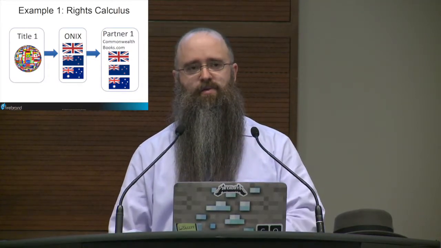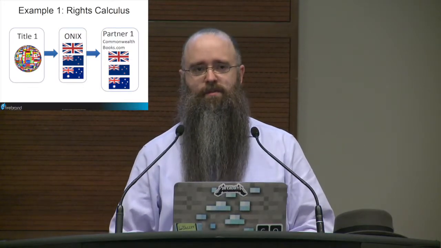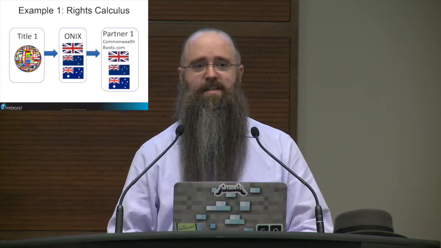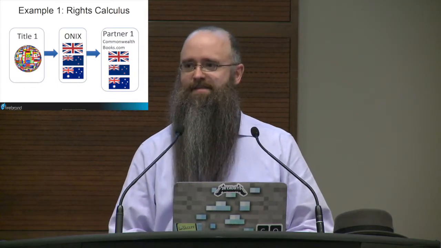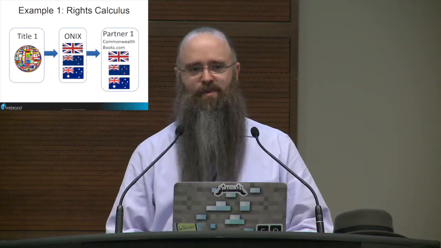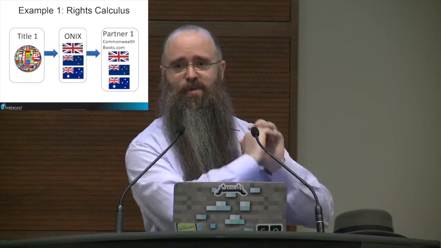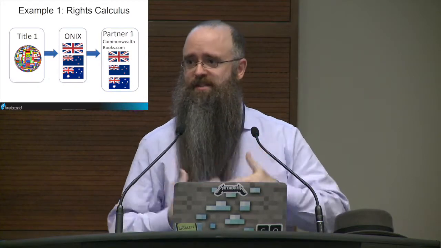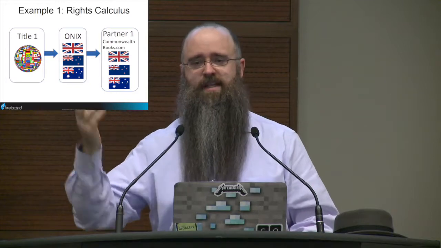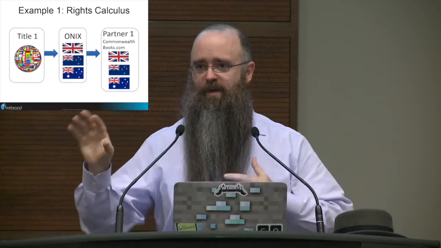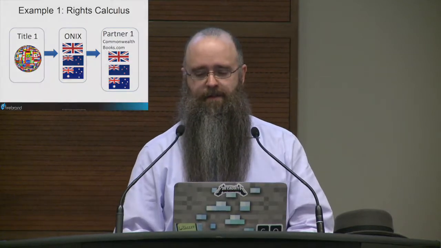But you want the metadata rights statement in the Onyx file to not say worldwide rights. You want your metadata rights statement to say you have the right to sell it in Australia, the UK, and New Zealand. That's it. Not world rights, not worldwide. In a perfect world, again, you would put your metadata together and say worldwide rights. We have the right as a publisher to sell this everywhere. And you would expect that retailer, Commonwealth Books, would only sell it in the place where they actually have a contract with you. That's not the case. You have to be more specific.